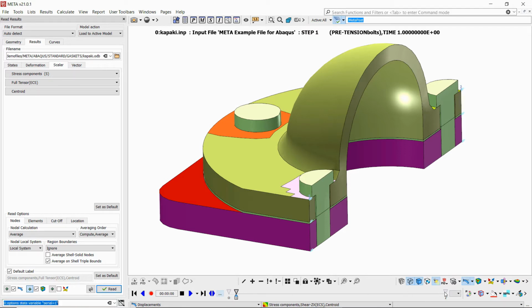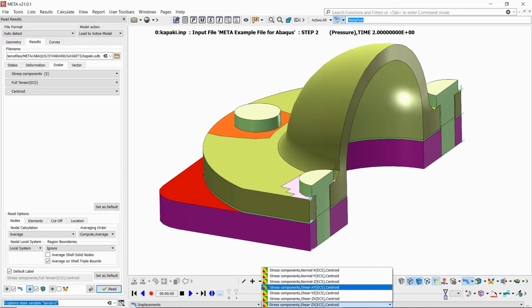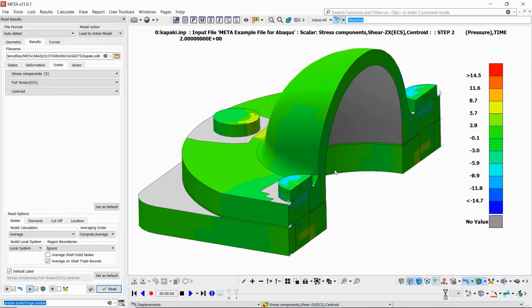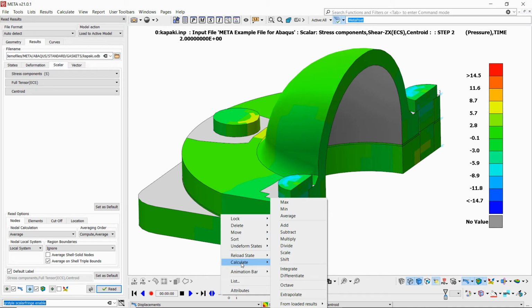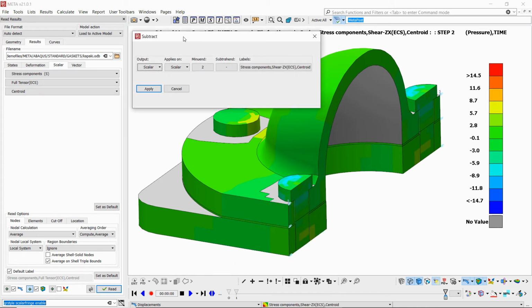I've got two states loaded, and for each of these, I've got my full stress tensor. Now, if we want to perform a calculation between some loaded states easily, we may select the option Calculate and then, for instance, Subtract. This window pops up where we may select the settings for our calculation and then Apply it.